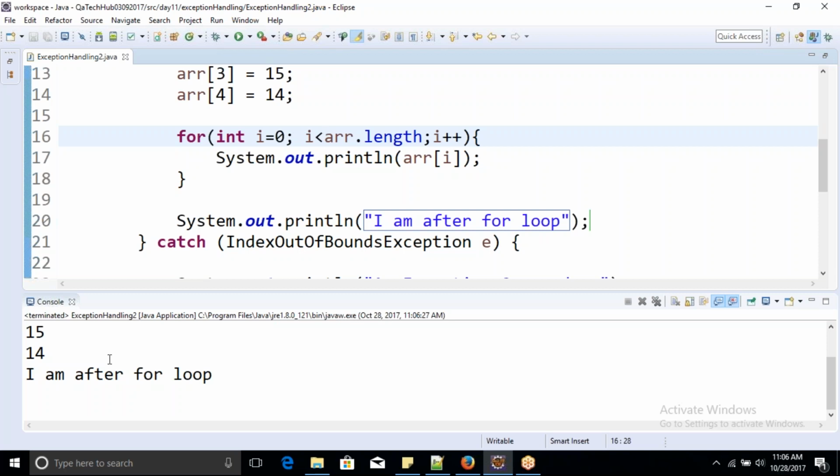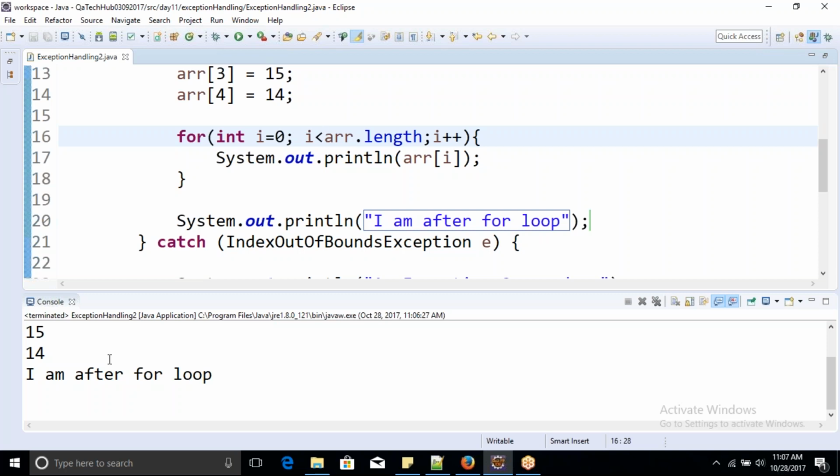Now here comes one concept known as finally. Before we jump to finally, I'll give you a real-time example where you can use this finally code. Consider a scenario where you are writing a small piece of code where you are trying to log into an application, then you put an assertion, and after that you are logging out of the application and closing the browser. Now just consider that you started with this code, and at the time when you are logging into your application,